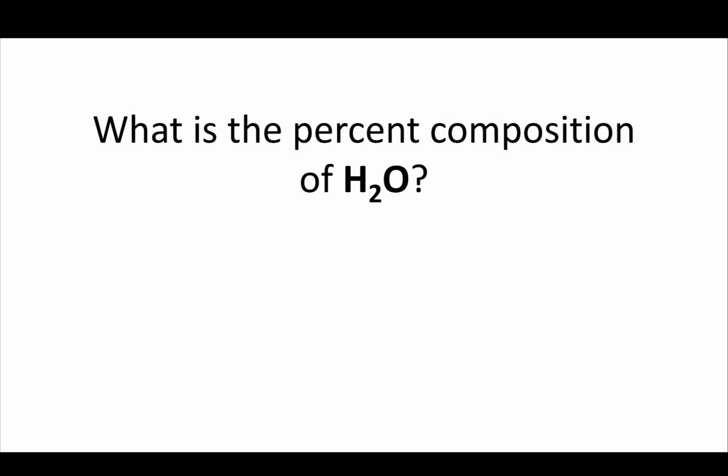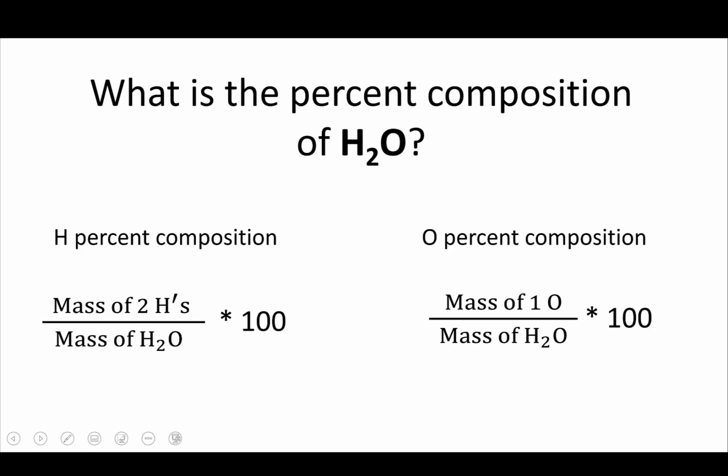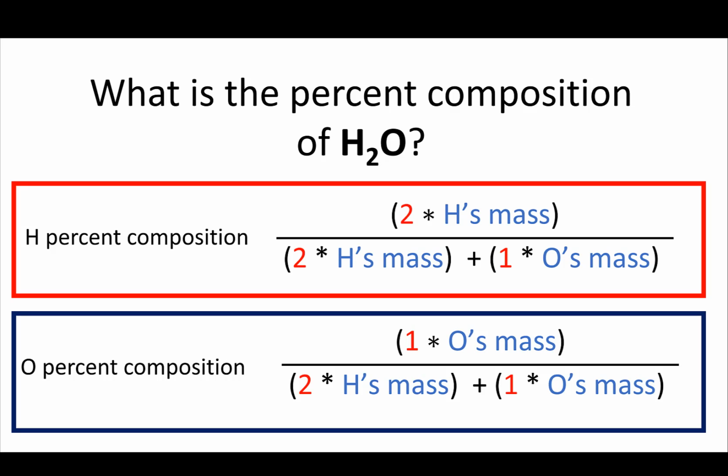I'll do 2 more examples. What is the percent composition of H2O? So I have 2 different atoms, hydrogen and oxygen. For each of them, I'll take the mass of that part divided by the mass of the whole thing, and then multiply it by 100 to make it a percent. So in this case, sorry that I changed the layout, H's percent composition is 2 times hydrogen's mass